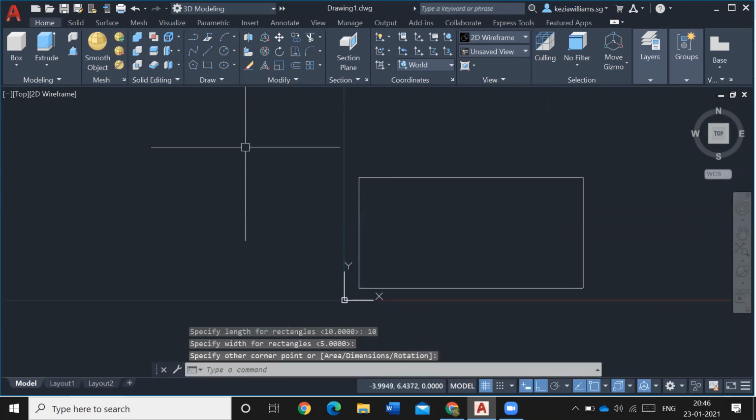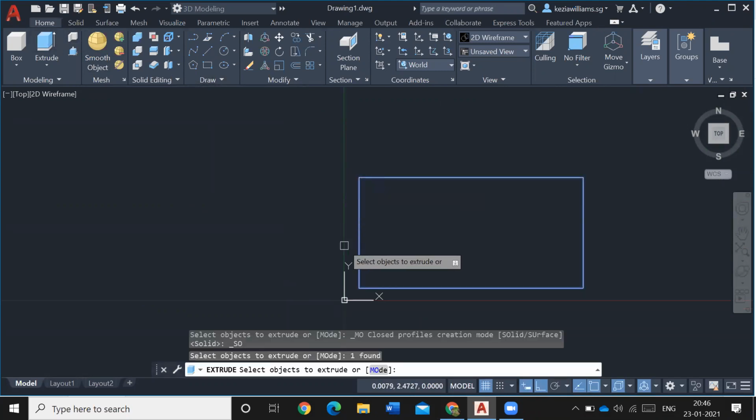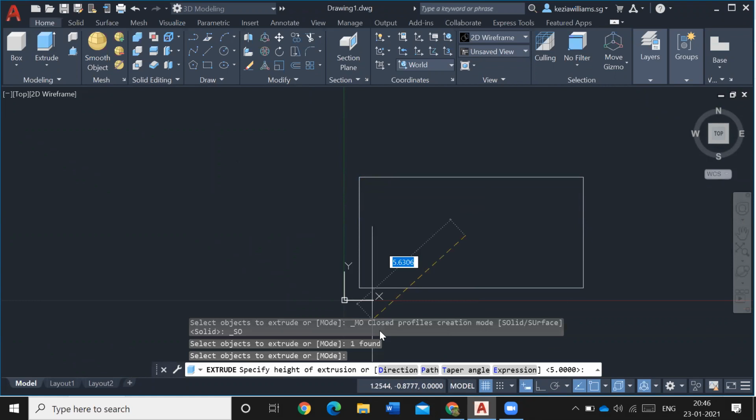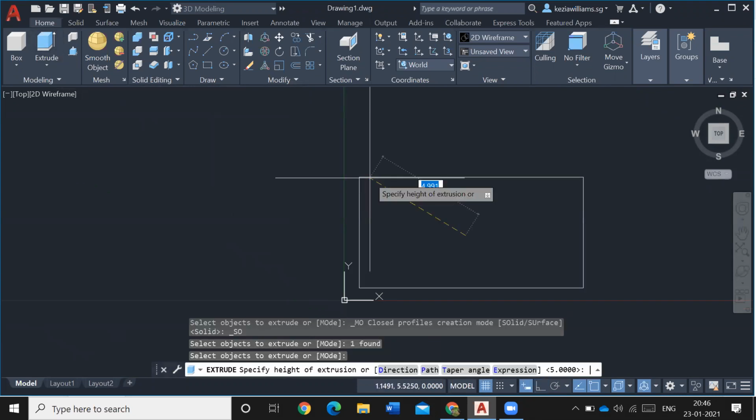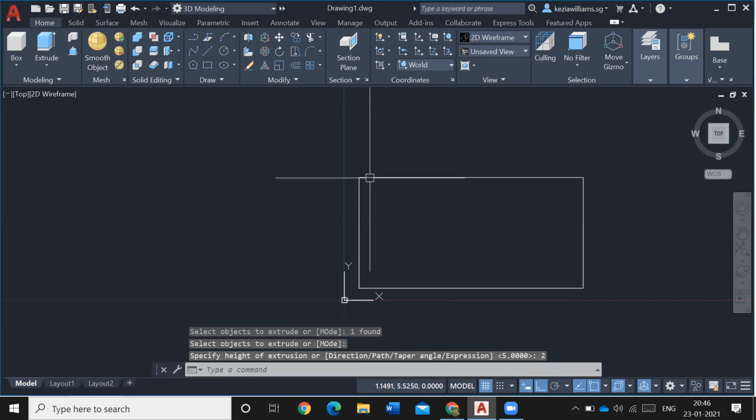Now I'm going to extrude. Extrude 2 mm. Select. Enter. Distance is 2 mm. Okay.